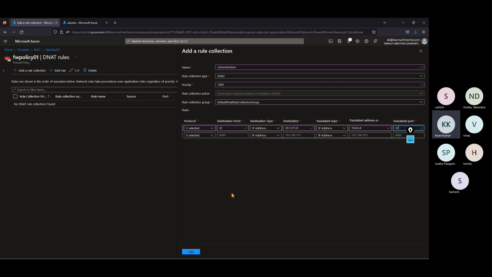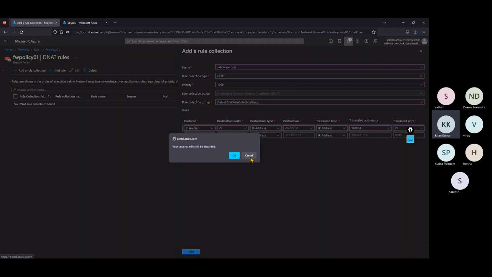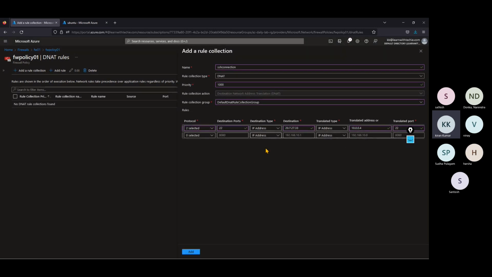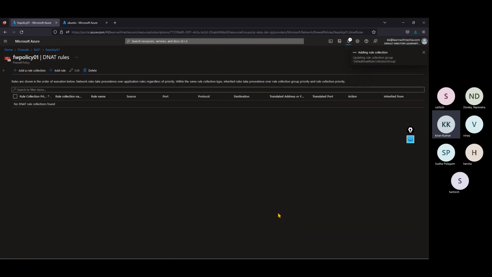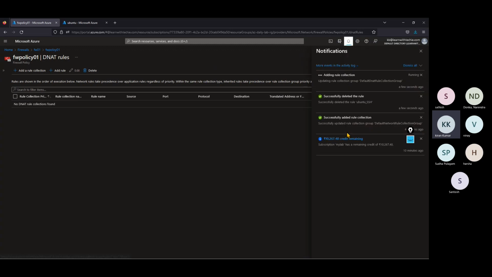If I create this rule, it won't allow it. Why? Because I will get an error, because of an already existing rule. The existing rule is being created, or deleted. I'm trying to add one more rule. Okay, that rule is already deleted, so now it will accept this rule. Sometimes we may get an error also. Let's see. If it is not getting an error, well and good. Otherwise, we have to